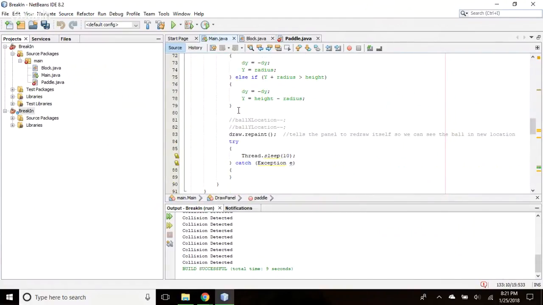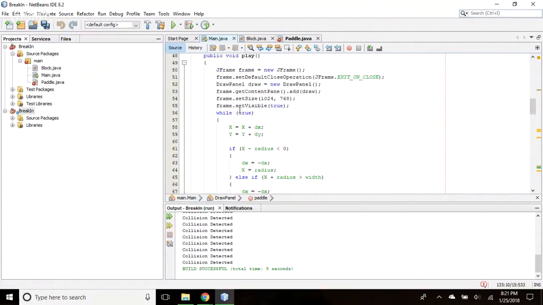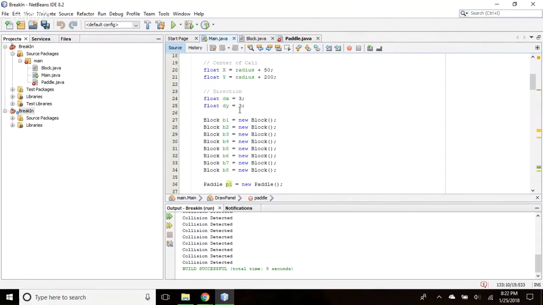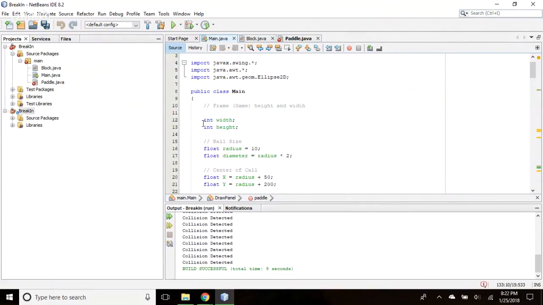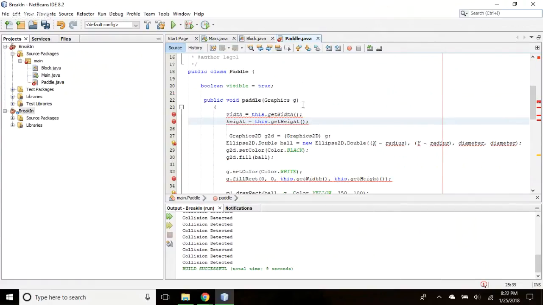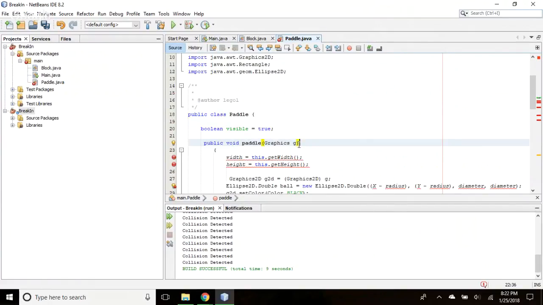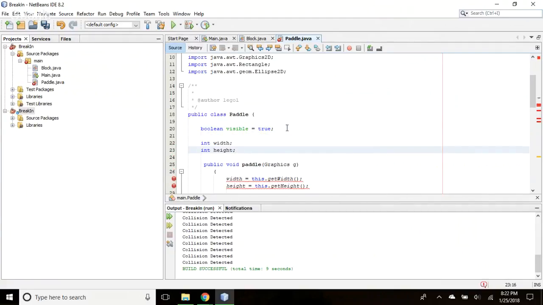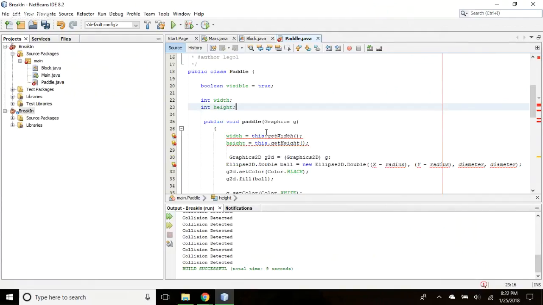So you should go up to the top of this class, and you should get the height and width. Where did those go? Right there. They're just integers. So this paddle needs its own height and width, right? Control C. Okay. And then at the top there, next to the Boolean visible. Yeah, somewhere up below here, or above it? Enter. It doesn't matter. Enter. Paste. There. That takes care of at least that. And then Alt-Enter.